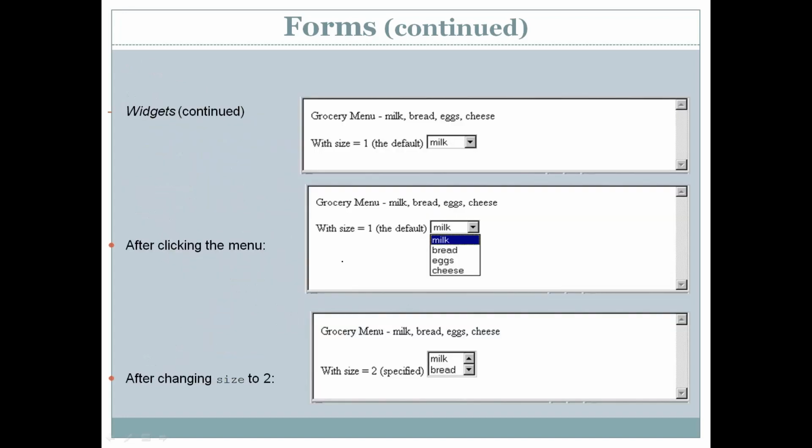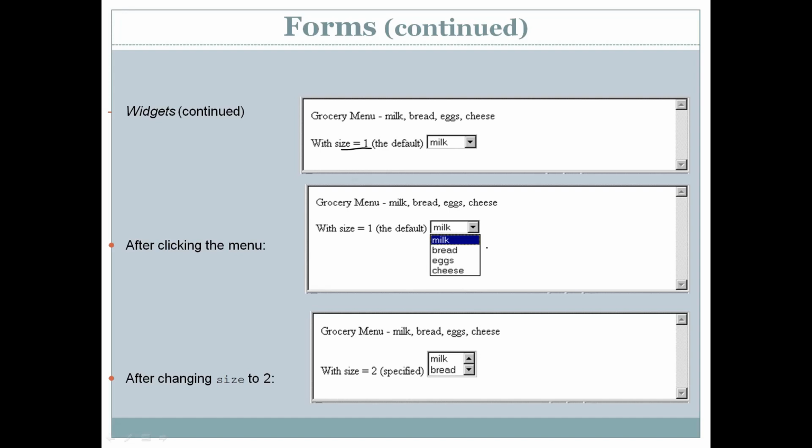The output of this will look like this. When you execute it, you will get something like this, a menu where by default milk is selected. This is with size 1. We have to specify the size in the select tag. If the size is 1, only one item is visible at a time.